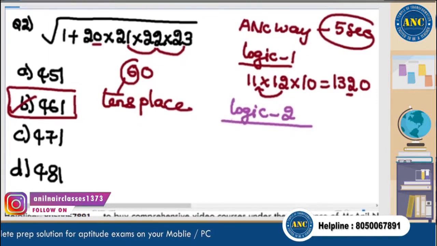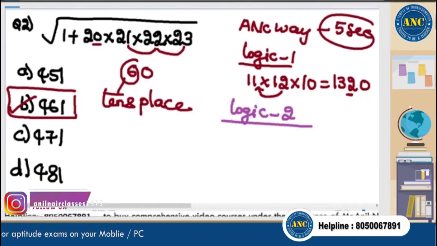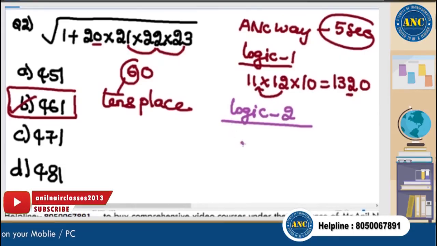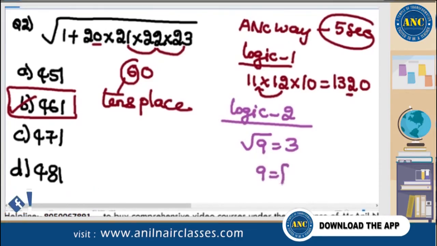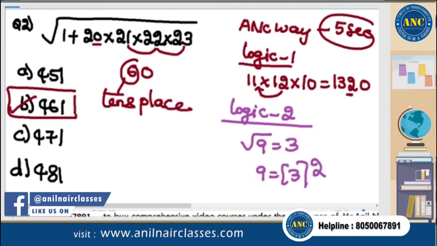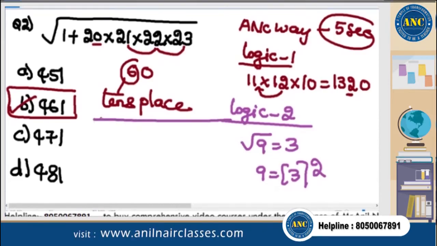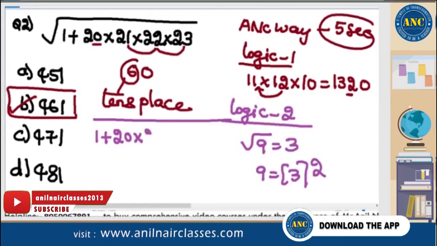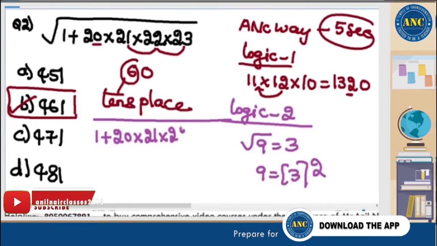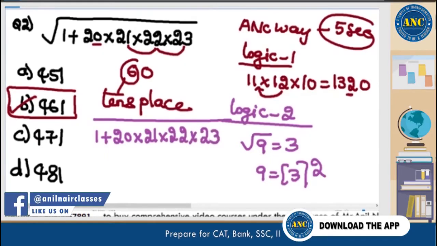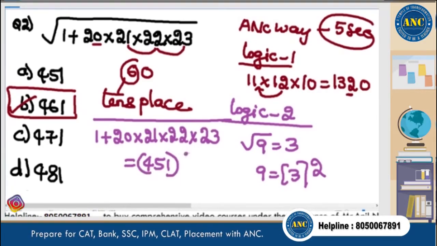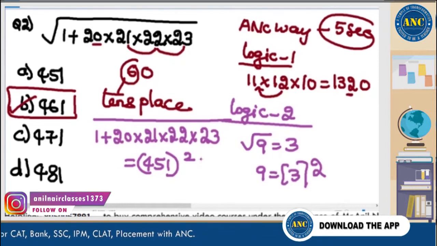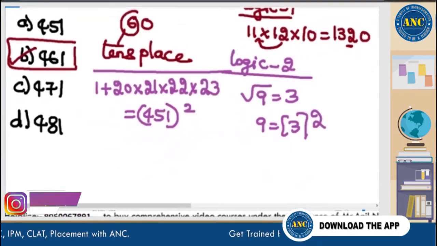Logic 2, a 5 second problem. The square root of 9 is 3, because 9 is nothing but 3 square. Remove the square root: 1 plus 20 into 21 into 22 into 23. Put in the answer options. If I remove the square root from the first option, I will get a square. So 1 plus